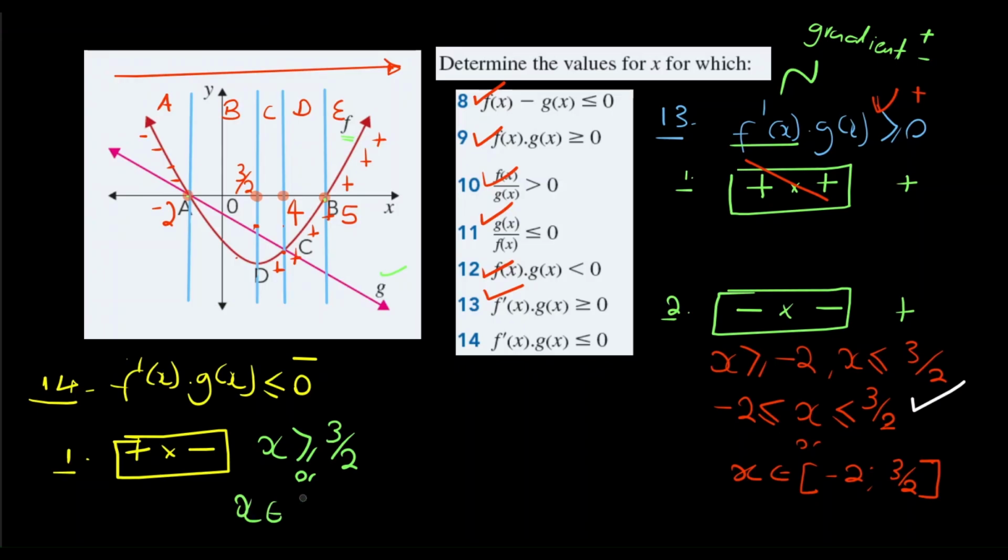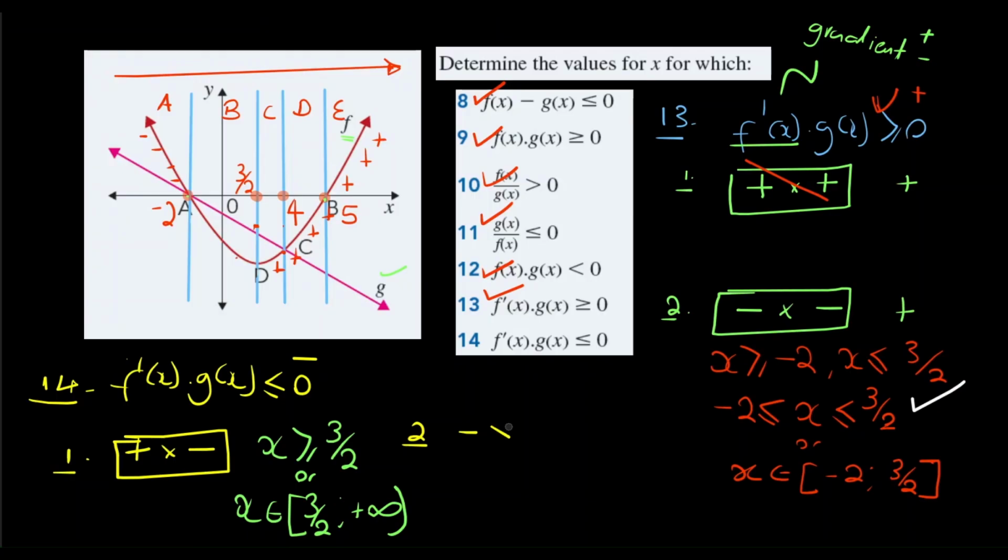x is an element of the solid bracket 3 over 2 up until positive infinity, soft bracket, because infinity is never a finite term. We never use solid brackets, we use a soft bracket. And for scenario 2, remember,